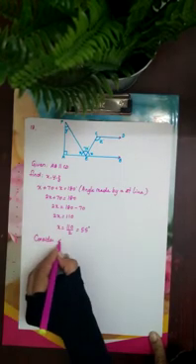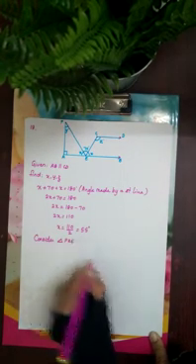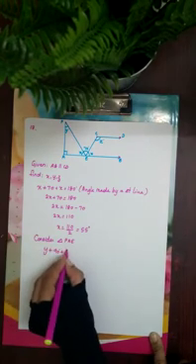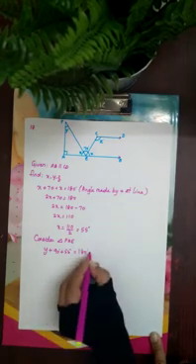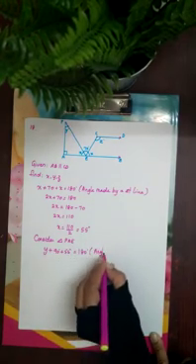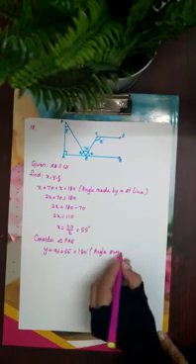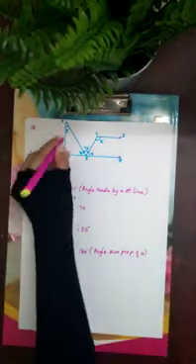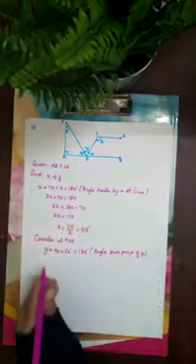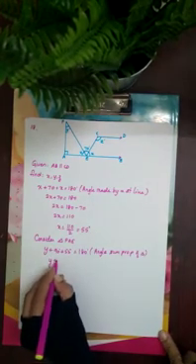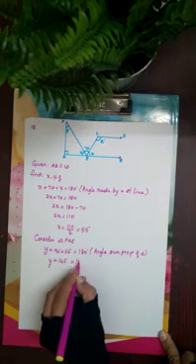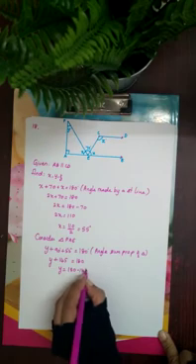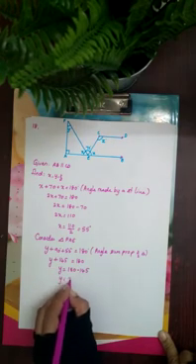Consider triangle PAE. Okay, so y plus 90 degrees plus 55 degrees is equal to 180 degrees, and the reason is angle sum property of triangles. What does the property say? Angle sum property of triangles. What does it state? It states that the sum of the angles in a triangle is always 180 degrees. So now let us find the value of y. Y plus 145 is equal to 180. Y is equal to 180, on transposing 145, that becomes minus 145. So y is nothing but 35 degrees.